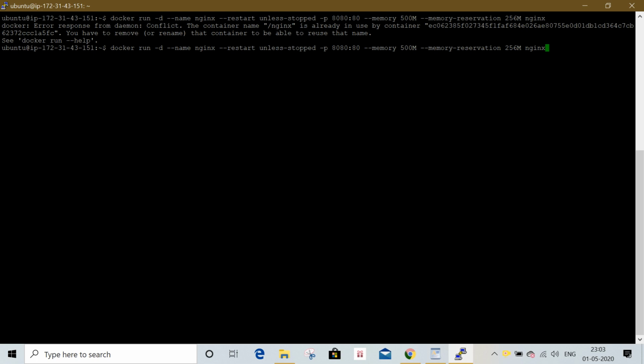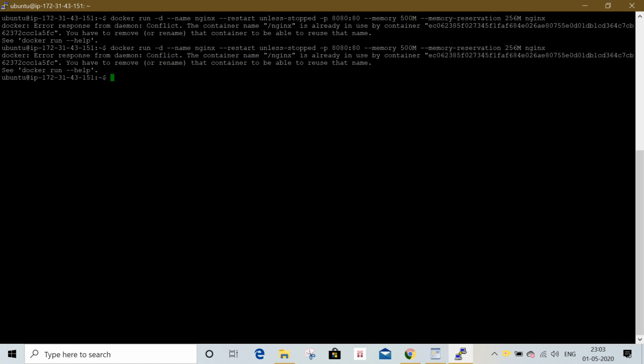In memory, this container will take 500 MB and memory reservation 256 MB. My container image name is nginx. I am going to run this command.